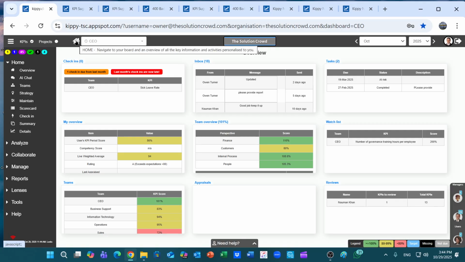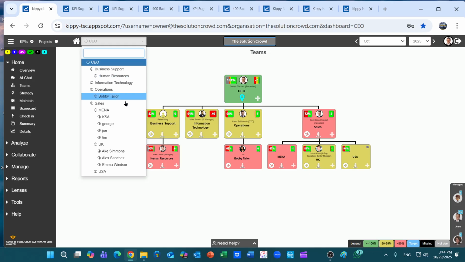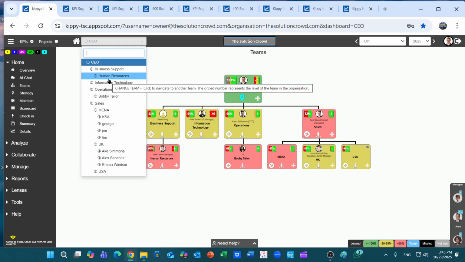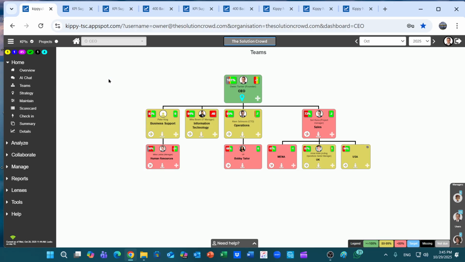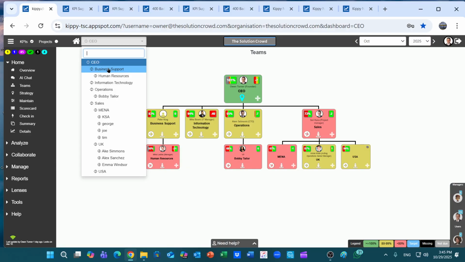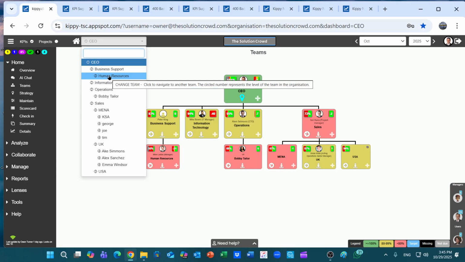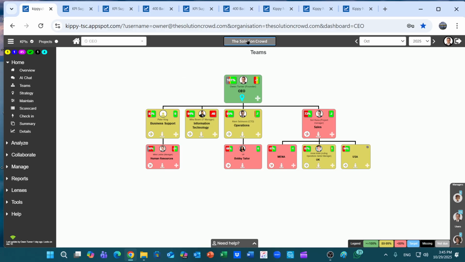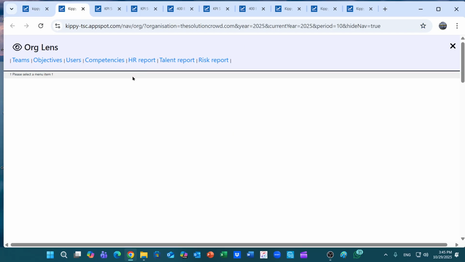This is where you click the home, where you can go back automatically to this overview page. This is where all the teams are, and it will also give you the level of the teams. For example, CO is the only one with level 1 usually. Business support, information technology, as you can see here in the structure, are level 2, and then level 3 is, for example, HR. Okay, if you click on the logo here, you will go to something called org lens, and